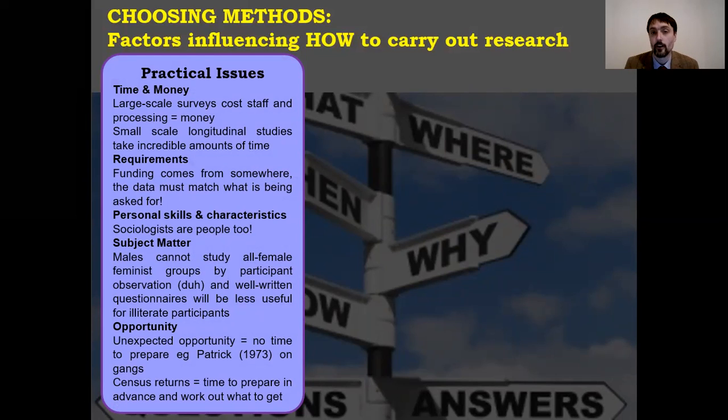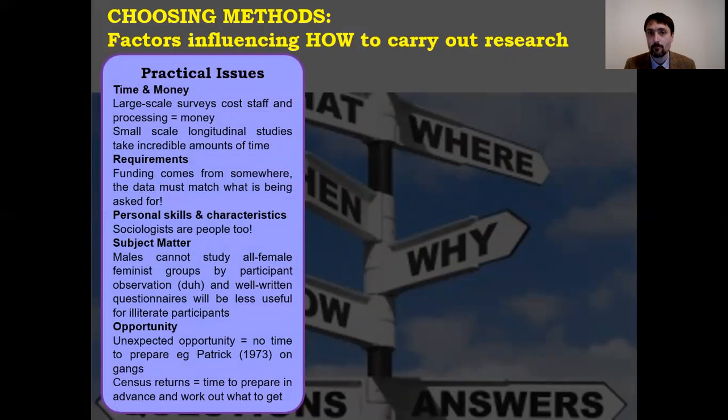Alternatively, I could want to find out what happened to a bunch of students over time in education, for example. So I could pick a group of year 7s and I could regularly check in with them and find out what they were doing, gather various quantitative data. But if I wanted to find out how school affected them from the moment they entered to, say, their exam prospects at university, I'd have to follow them for a good 9 to 10 years? That's a long time. That's an incredible chunk of life I'd have to throw at that. That's nearly the age of my middlest child. So, there's time to be invested.